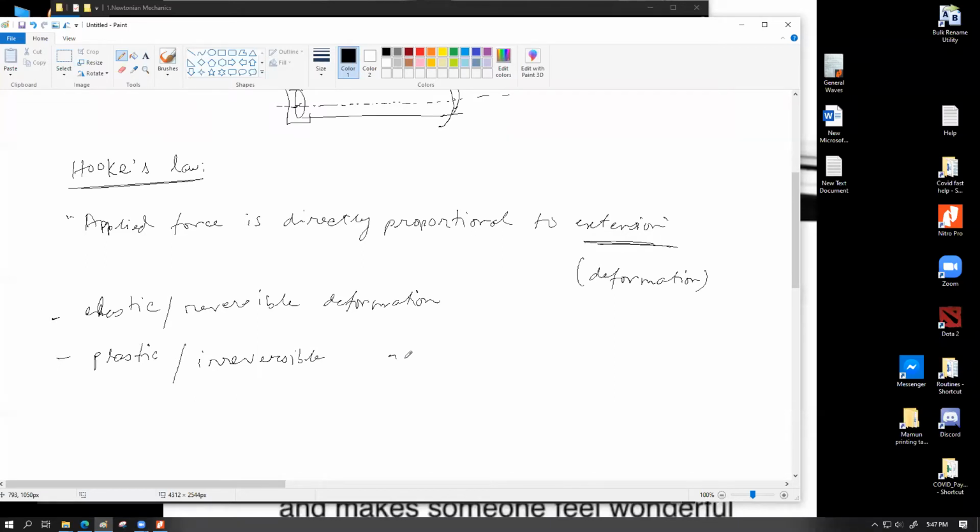So this is pretty easy for us to understand. For example, one of the things that I can tell you, which is actually a very simple example. Let's say if you have